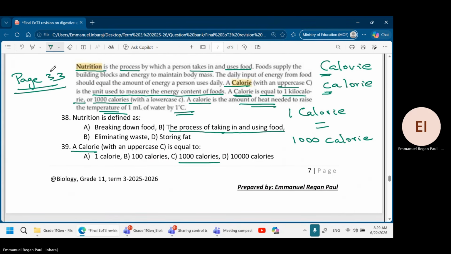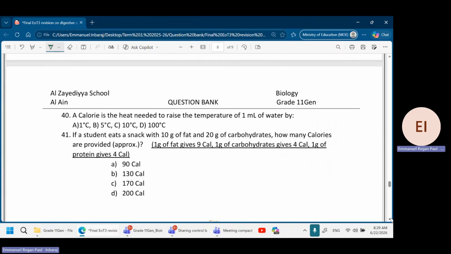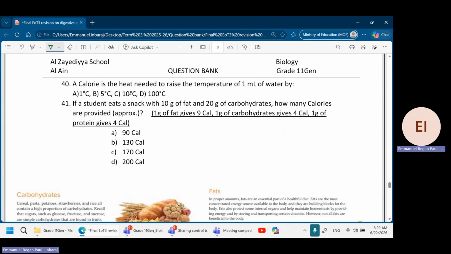1000 calories. Okay, 1 capital C Calorie is equal to 1000 calories. A calorie is the heat needed. Okay, this is not capital C. This should be small c. So a calorie, a small simple c, is the heat needed to raise the temperature of 1 ml of water